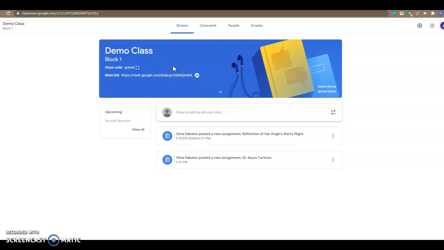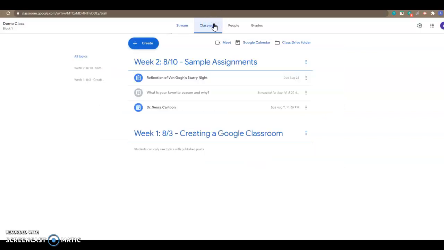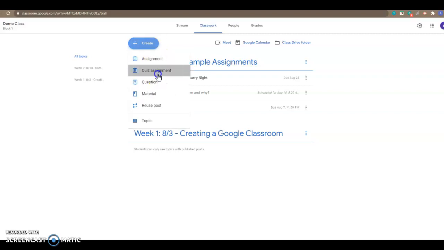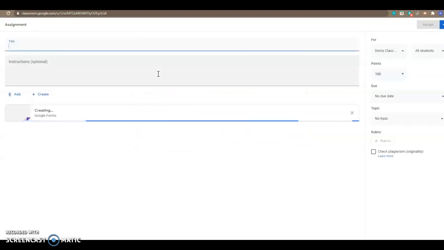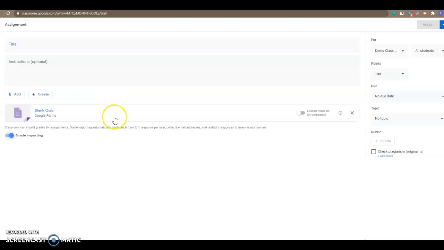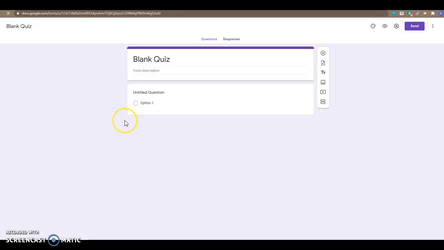We're going to create a quiz assignment today. So I'm going to go to classwork, create quiz assignment. It automatically creates a Google form for you to go in and create for yourself. All you would have to do is click on this Google form and you could have a different type